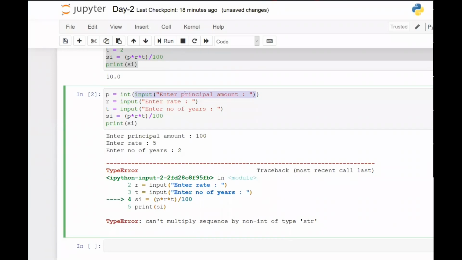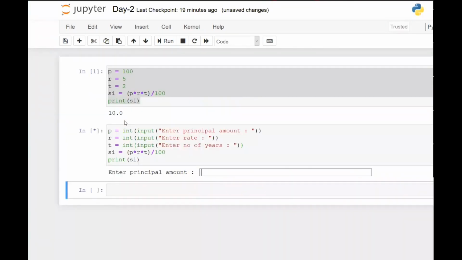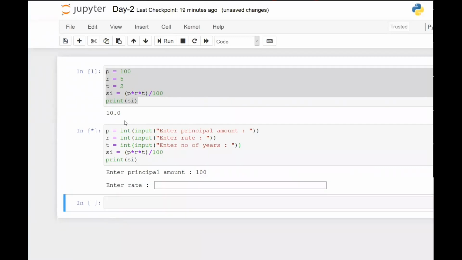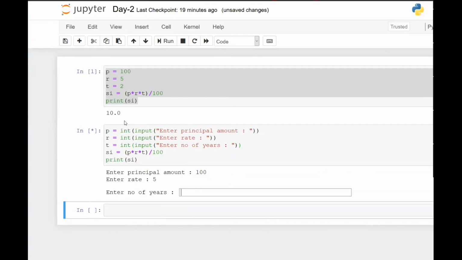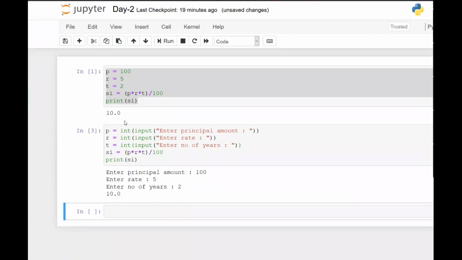The computer cannot convert A to a number, so it will fail there again. But if possible to convert it to a number, convert it to a number. That is what I'm saying by this function int. Similarly, I will do that for all 3 inputs that I'm taking. And then I will run this program again. So enter principal amount, 100, enter rate, let's say 5, number of years 2. And if I hit enter, I'm getting an answer of 10.0 now.